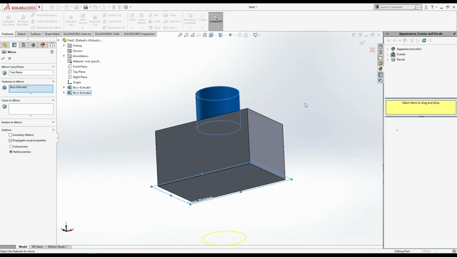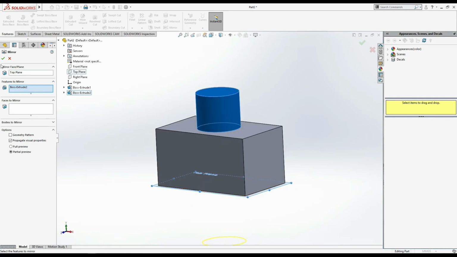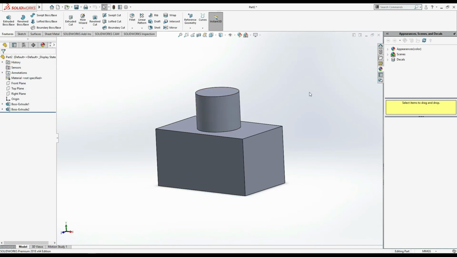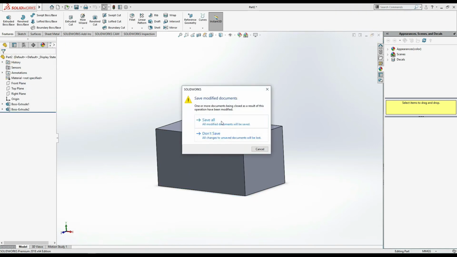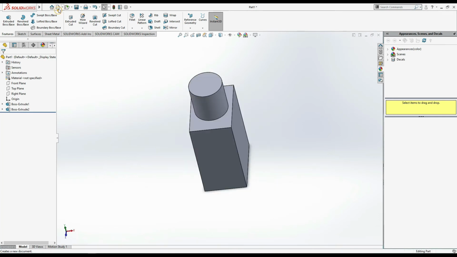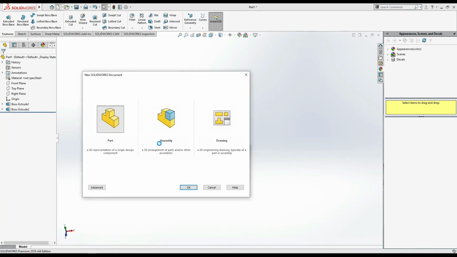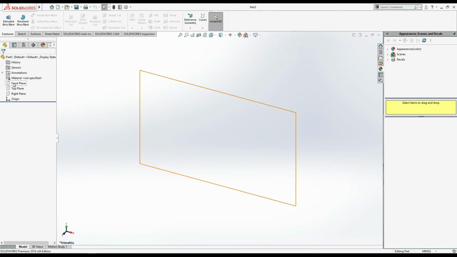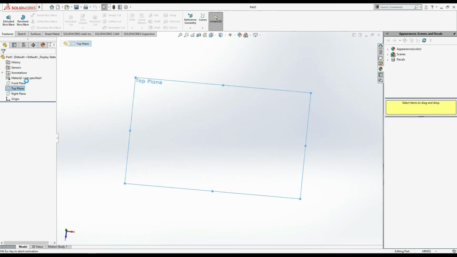So here, if it's necessary, I have an option to create a reference plane at the middle of this box, then I can copy. But I can solve this problem another way. Don't save. And you can see, if I go to a new part, then simply the same, I select the top plane, sketch,